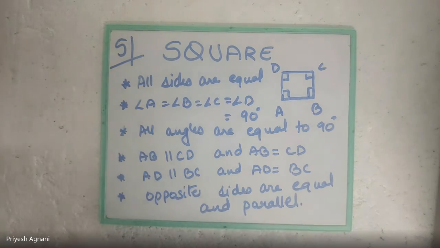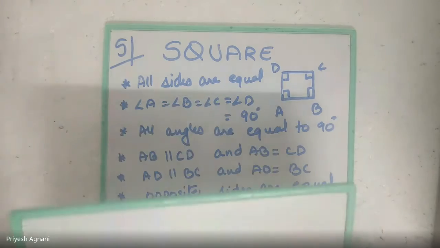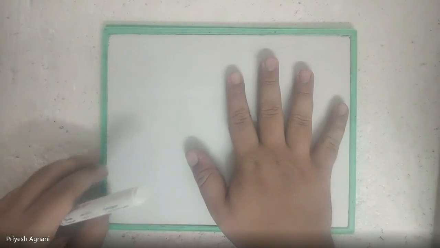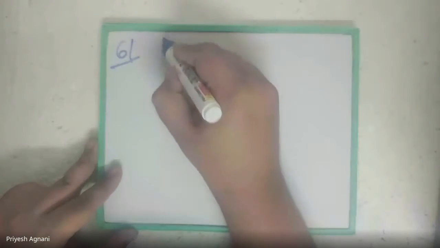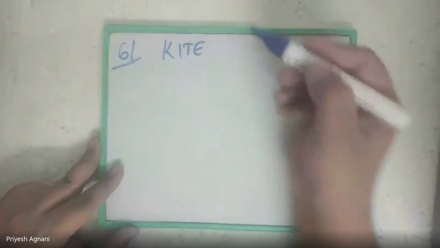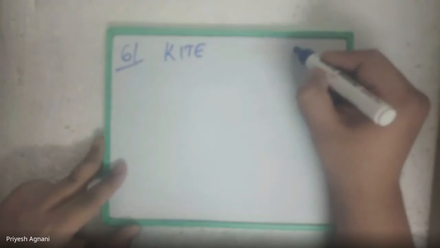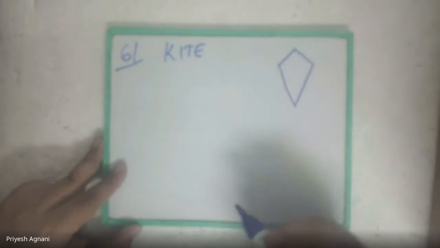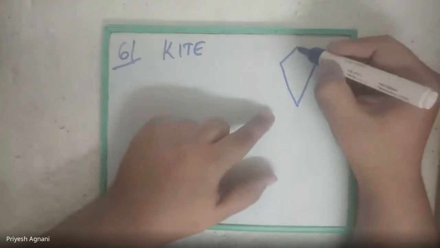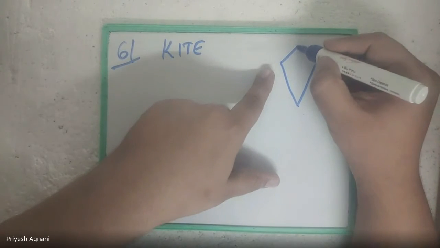Last but not the least topic we are going to study is about a kite. You know what is a kite? In Makar Sankranti that you fly, not that kite, but the shape of the kite. That is the sixth one. Put down the heading kite. It is somewhat like this. देखो. Okay. See, draw the diagonals over here.